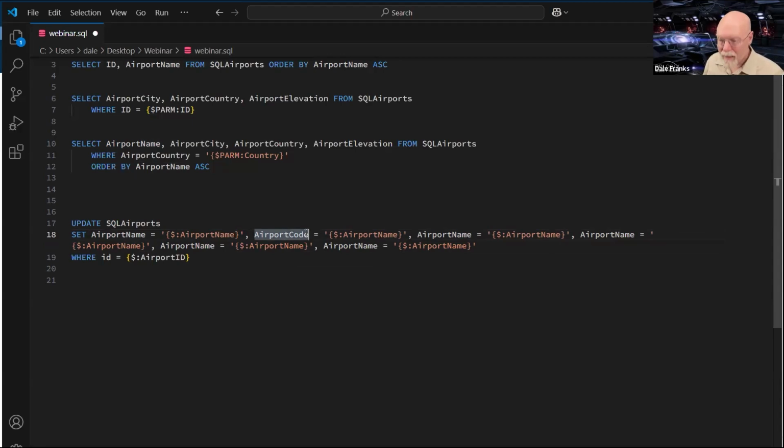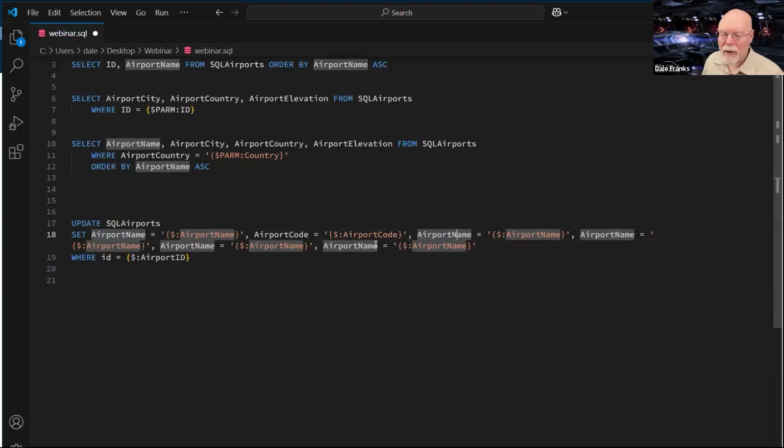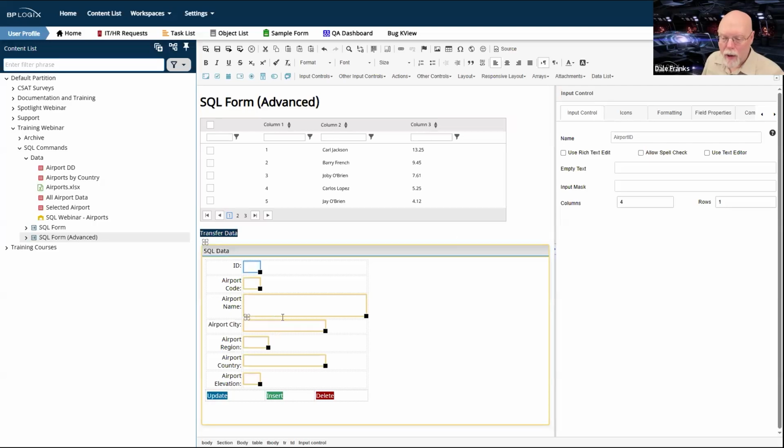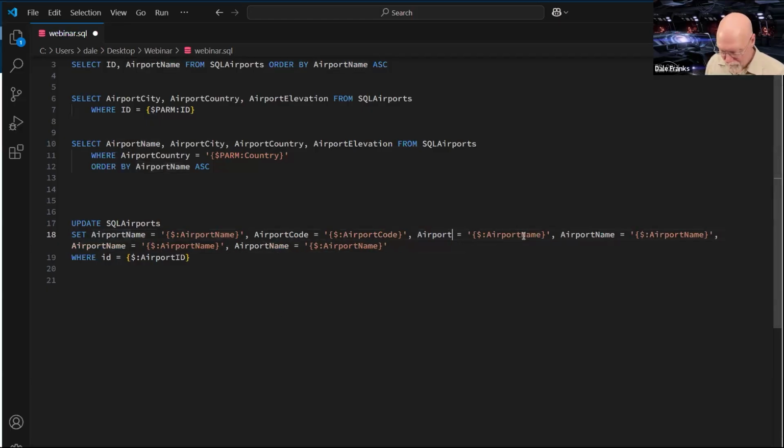As far as I can tell, all of my names are the same for both the fields and the columns. I did airport name, right? Airport name, airport code, airport city. And then I can copy and paste airport city and then airport region.